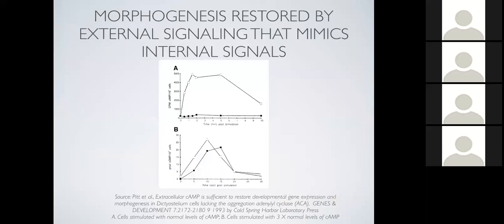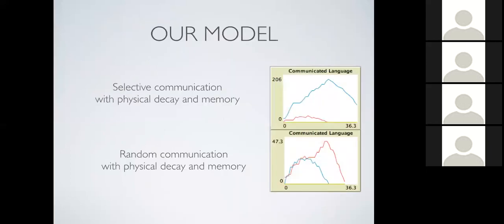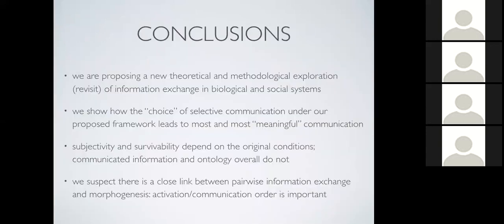And also in morphogenesis, morphogenesis that is being restored by external signaling that mimics the internal signals, and we can achieve that with what we found as the most interesting scenario, which is the one with selective communication, where we have both physical decay and memory strengthening, right? So some conclusions from this research, basically proposing a new theoretical methodological exploration of information exchange in biology and social systems by using some ideas from the economics of information, and that the selective communication, where there is a choice or a decision rule, leads to the most meaningful communication in the system, and the idea that subjectivity and survivability depend on the original conditions,